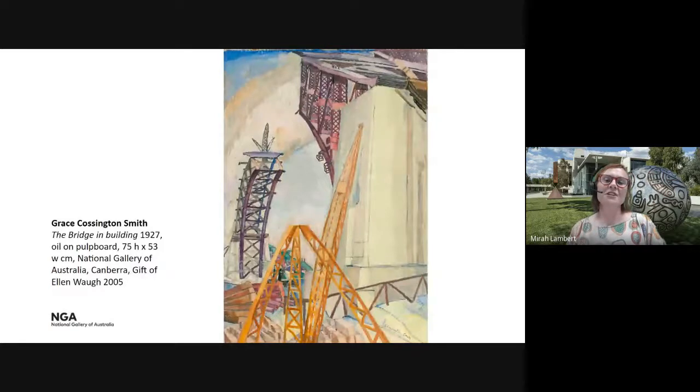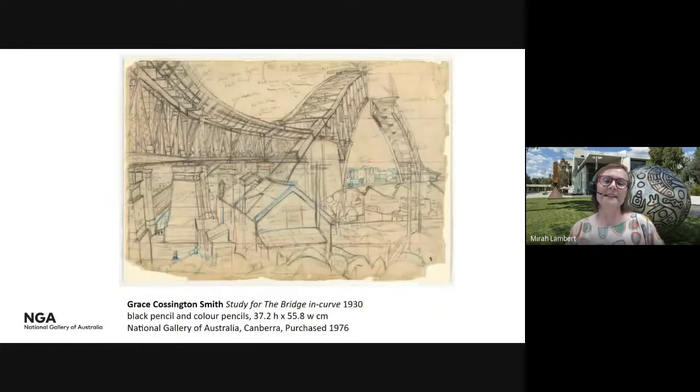So while we can share the work of significant Australian artists, for example, such as Grace Cossington Smith's The Bridge in Building, we can also share things like delicate plan and process drawings, where normally this type of material has a very limited time on display because of its fragility and light sensitivity, but we can keep it and share it in our digital excursions for as long as we like. No 3-month conservation limitation on this one.